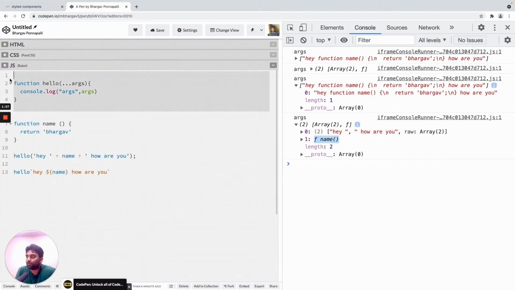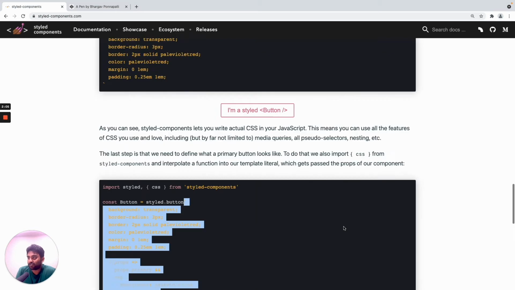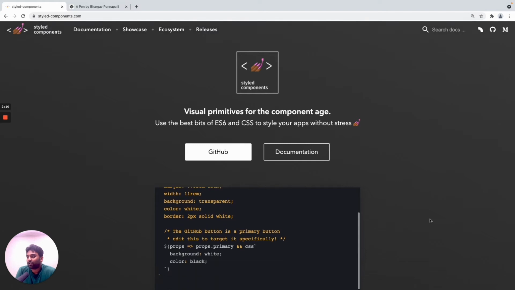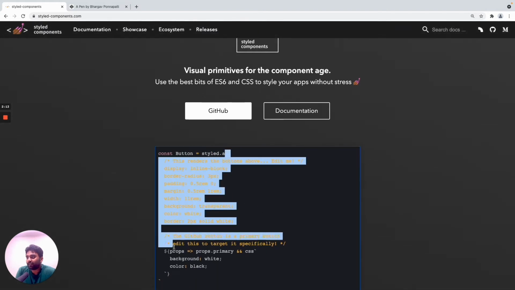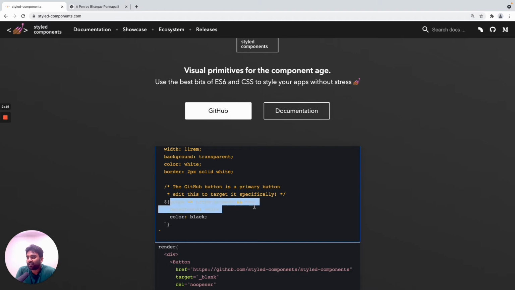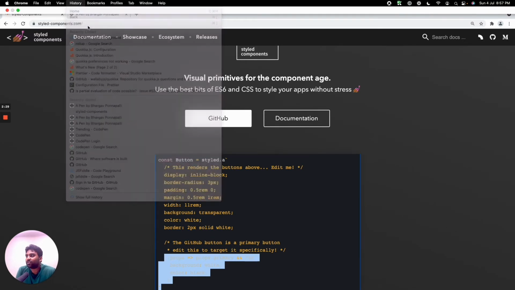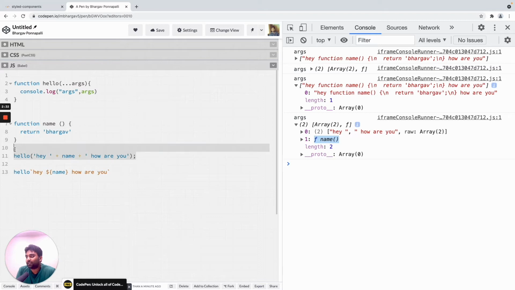So within hello, there are cases where you want to grab that function and just use it at a later point, and that is actually something that styled components leverages very, very well. If you look at the first example, it probably shows that. For example, this is a tag template literal, like I said, and here this is a function. This is basically an arrow function, and you can evaluate it when the component mounts, which happens much later than this declaration. So this gives you control to do some things at a much later point, and that is not something that you can do with this. You can do it, but it's more convoluted, much harder.